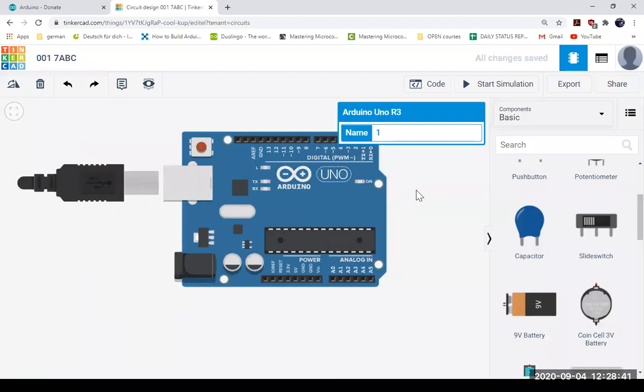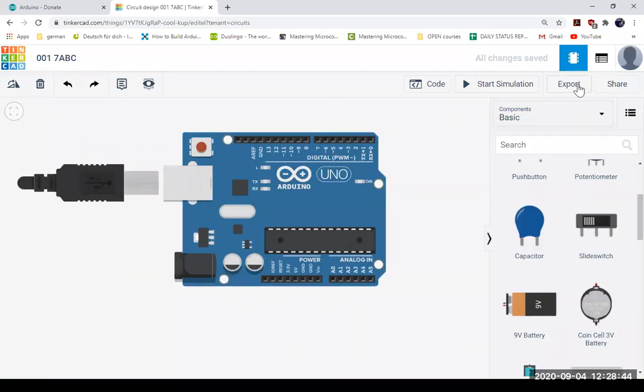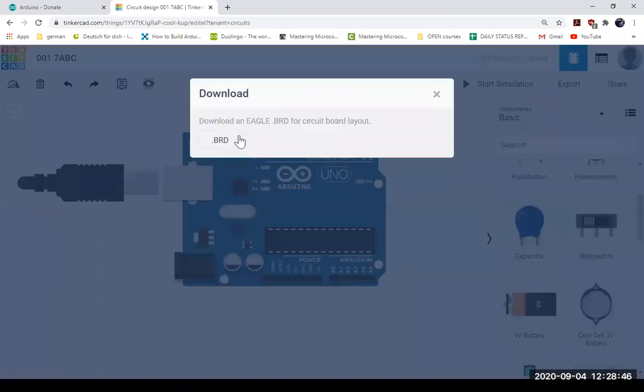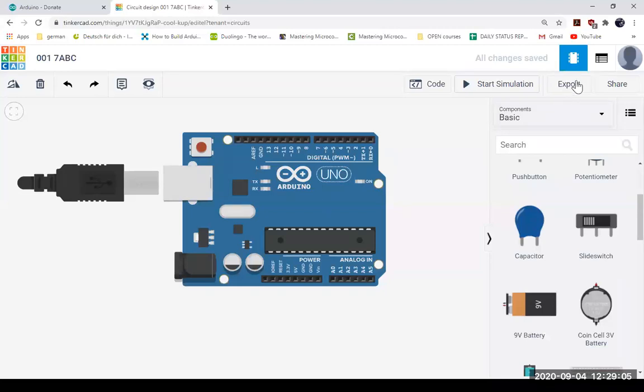All right, now this is the export button. If you want to export this board to any other program, like this is called Eagle, which is software used to do PCB designing. This is also an option that we are not going to use, or it is not useful for you guys as of now. Okay, the export button. Then start simulation is where we start our project, right? Once every connection is done, we can start the simulation and see if it is working or not.